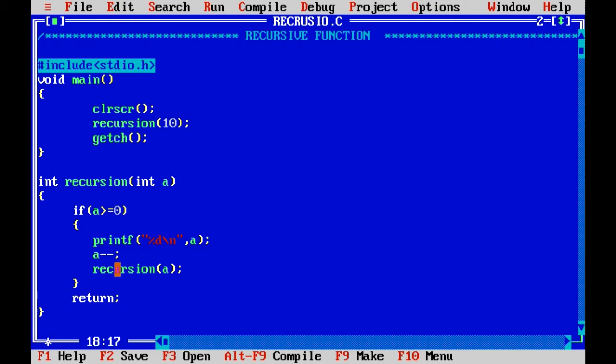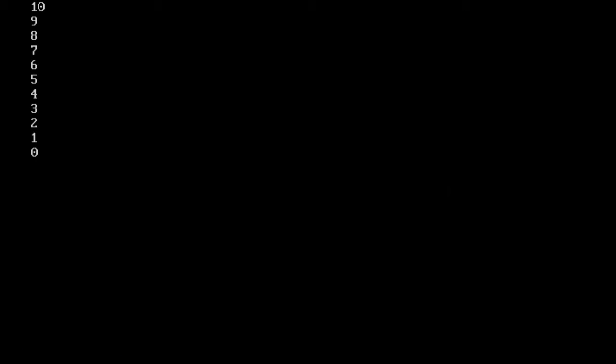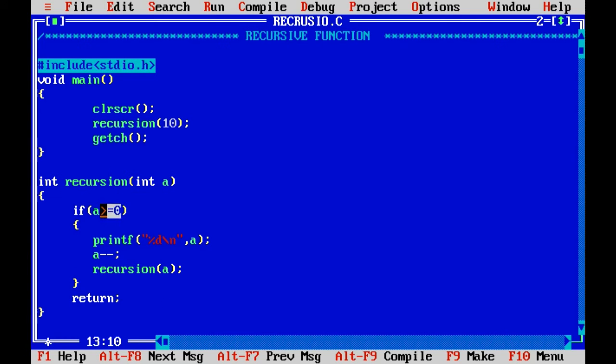I'll explain this. We will see the output and then I will explain the return and how return works. We save it as .c and run it. Here I am getting the values 10 9 8 7 6 5 4 3 2 1. 10 is our first function call and the first printf, then we call the recursion by passing the value 9, which gets printed, and so on till 0. After 0 the condition becomes wrong and then each function comes back, returning. So I will give another printf here.